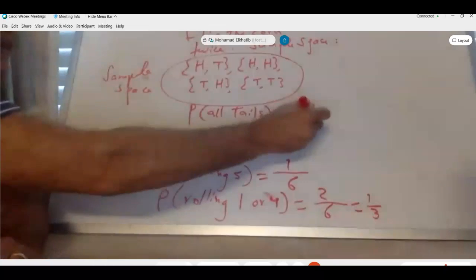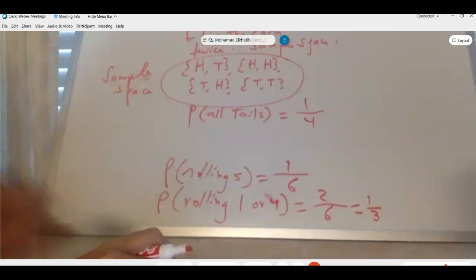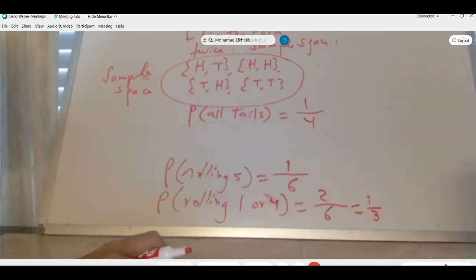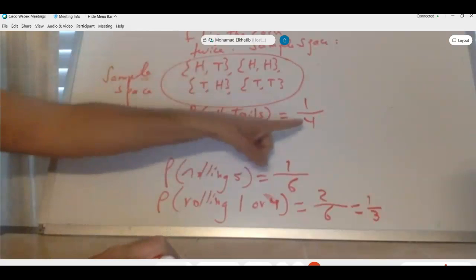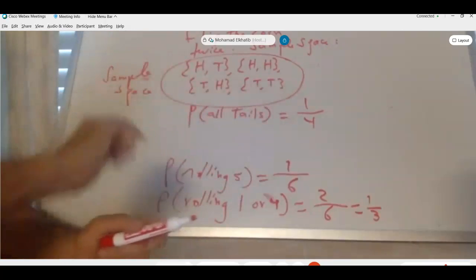Exactly. So here's something your books don't give you. What do we mean by 1/4? Listen carefully, class, because people don't really understand fractions well. It means if I flip the coin twice, 4 times, one of those 4 times I'm going to get all